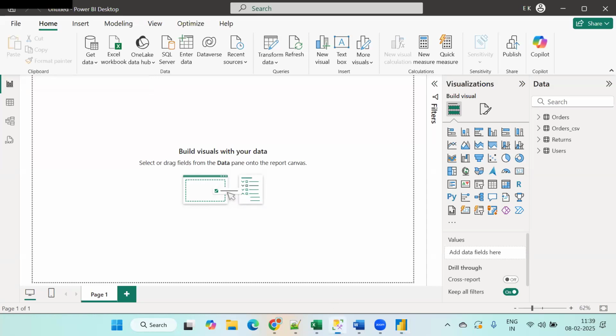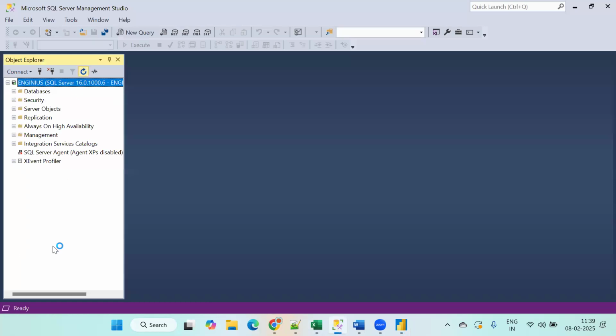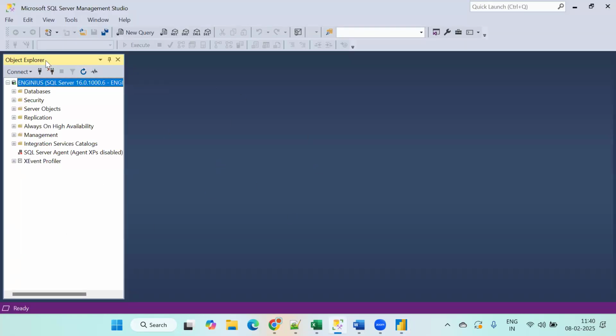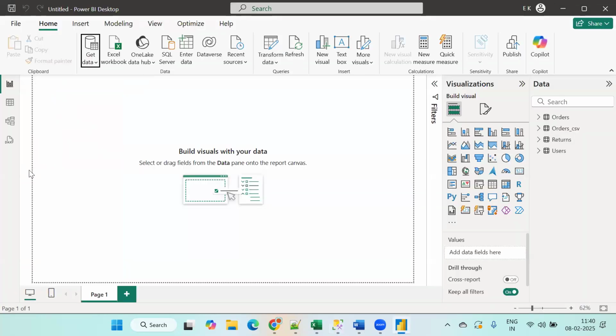Let me open. I have already opened that SQL Server. Let me just refresh it. So this is my SQL Server, and I have kept it open. I just want to bring the data from this database. Now, to get the data from the SQL Server or any other database, what you have to do is